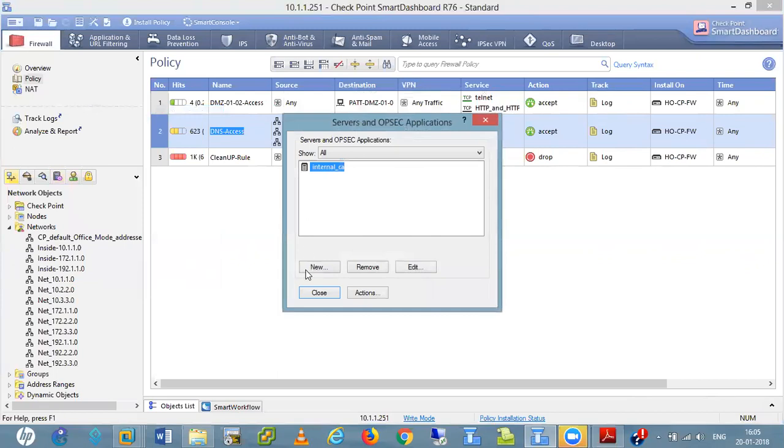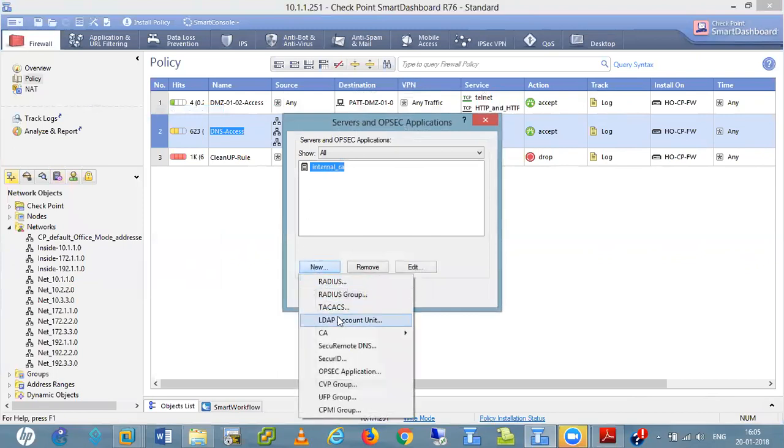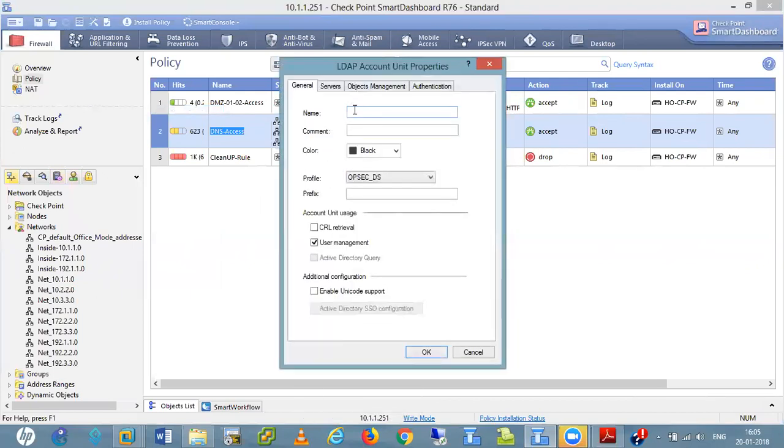So I add a new LDAP account unit. I give the name head office Active Directory server. I'll give the color orange. I also add a comment here: my company HO head office Active Directory server.